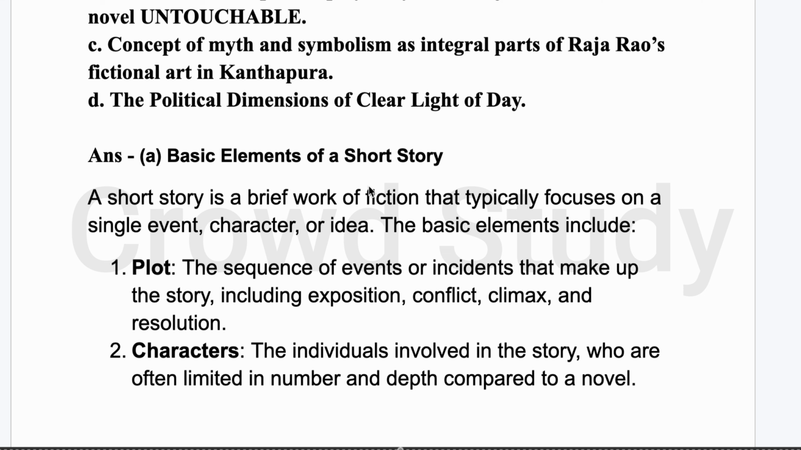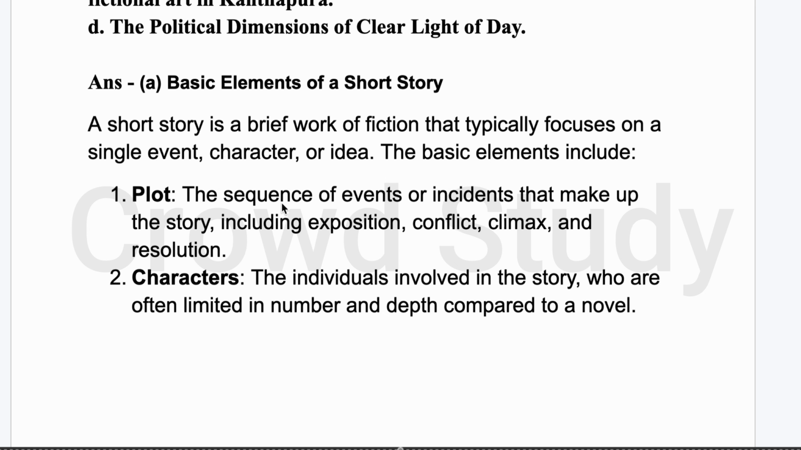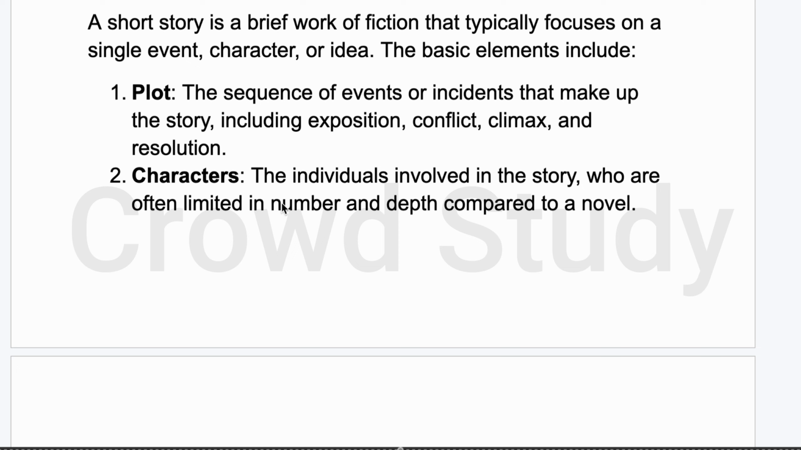A. Basic elements of a short story. A short story is a brief work of fiction that typically focuses on a single event, character, or idea. The basic elements include number 1, Plot, the sequence of events or incidents that make up the story, including exposition, conflict, climax, and resolution. Number 2. Characters, the individuals involved in the story, who are often limited in number and depth compared to a